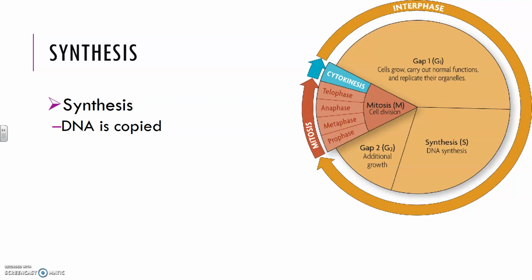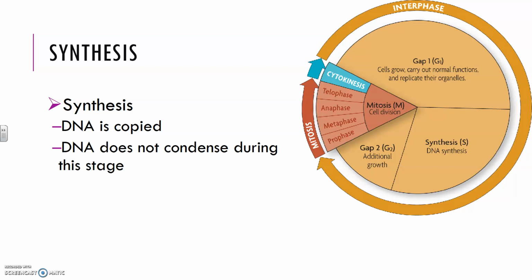So in synthesis, DNA is copied. And saying that phrase, it sounds really simple, but it's actually a relatively complex process, which we're going to get into later. DNA does not actually condense during this stage. So what you'll see in the cells is that DNA is just kind of this tangled mass of nucleotides that are combined together, and it's separated into what are known as chromosomes. So humans have 46 chromosomes, but when it says condense,